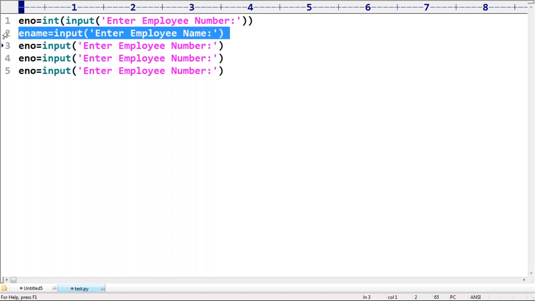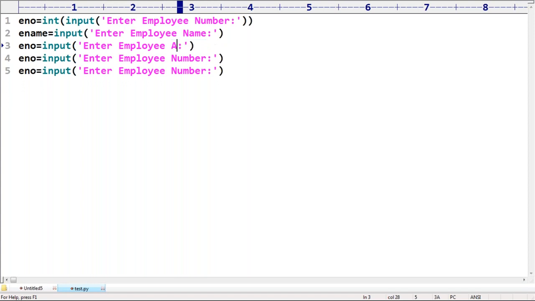Sir, it is already string type. That's why we are not required to worry about anything. Next, it's already string type. Name is always string type only. Next, the third one, sir, enter employee